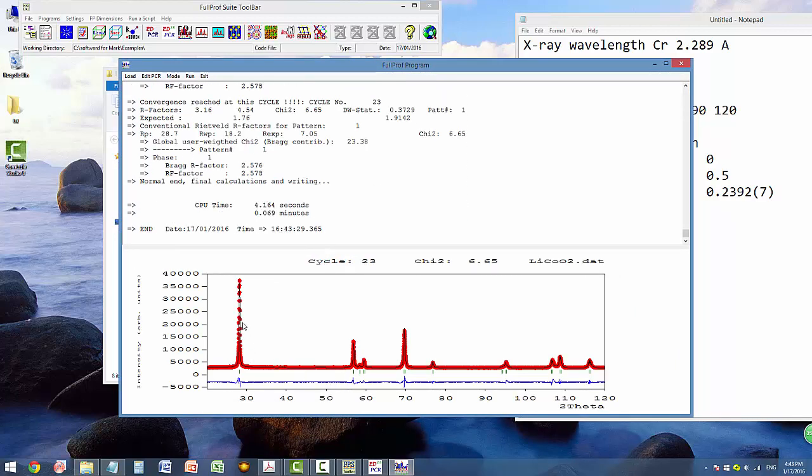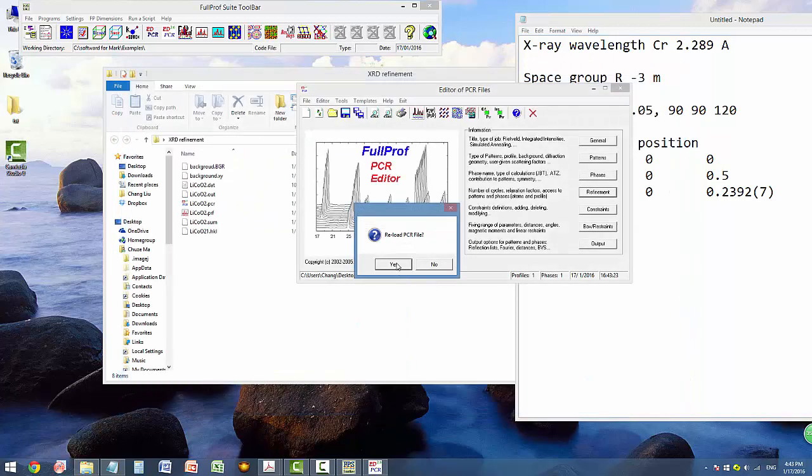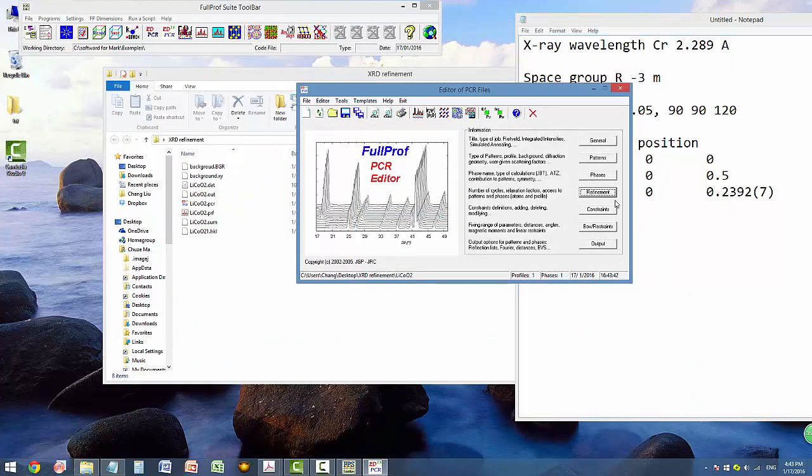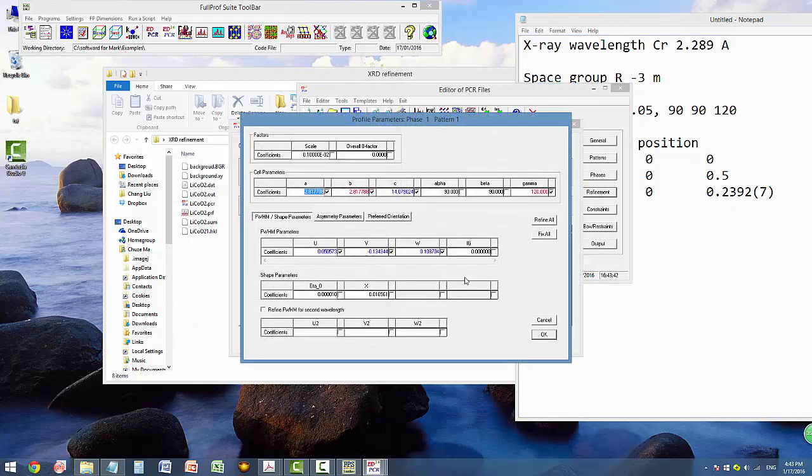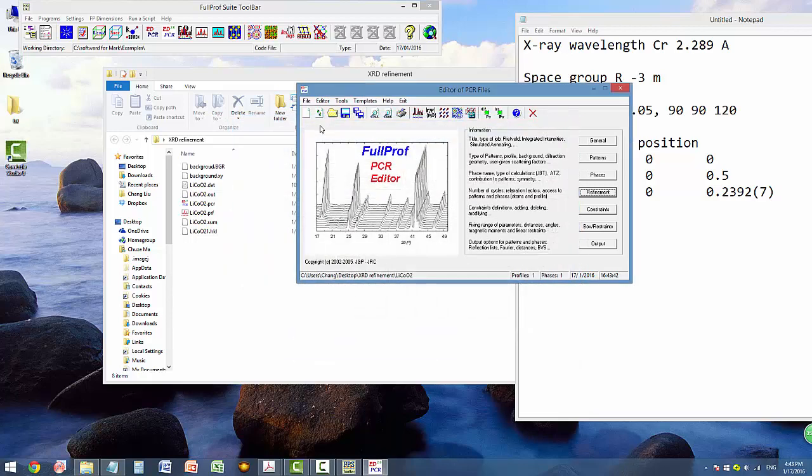In this case, after we run the UVW, you can see the peak, which is simulated by the Rietveld refinement, matches closer to the right data points that we have so far. And we should click save again and see what we have now. So this is the A, B, C factor we have, and the gamma and UVW. After this kind of refinement,